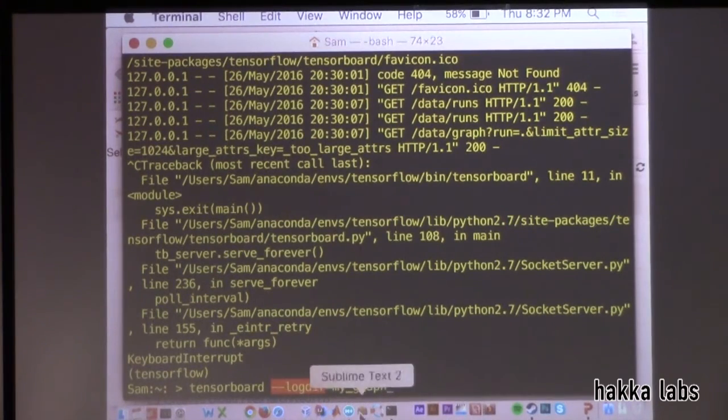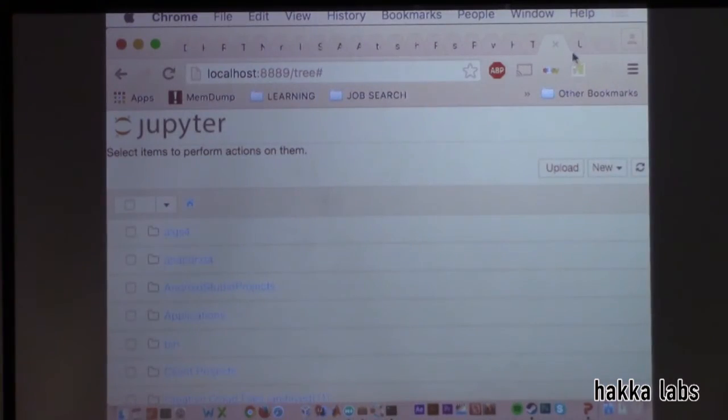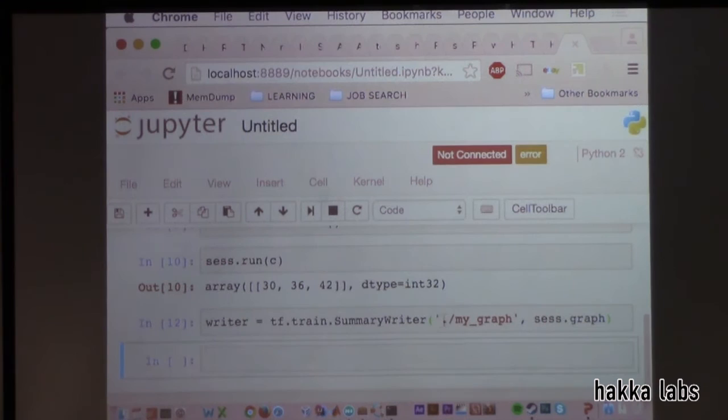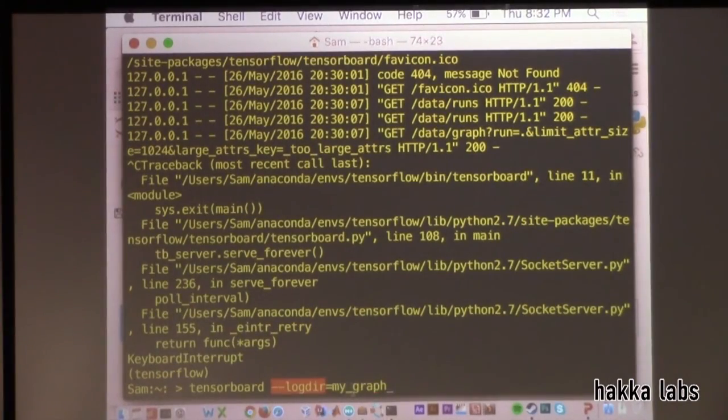If you recall in the code, I basically said to save it to my graph, and that's why we were able to pass it in here. There are ways to show it within the notebook too. There's some crazy JavaScript where it generates it. Yeah, there's third party. It's very cool, and TensorBoard is one of those things that everybody knows is really cool, but I don't think people appreciate how simple it is to actually start making use of it.